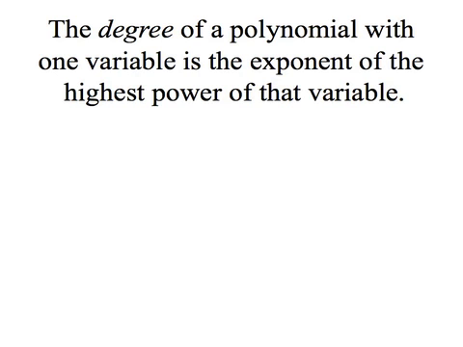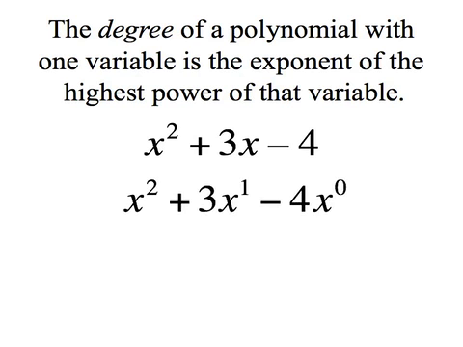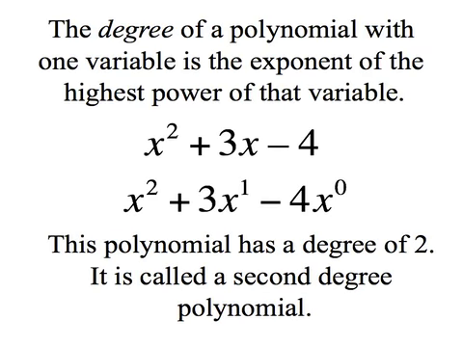The degree of a polynomial with one variable is the exponent of the highest power of that variable. So here's our polynomial that we already looked at, and we can rewrite it so that each term is multiplied by a power of x. And remember that x to the 0 is equal to 1, so 4 times 1 is still 4. And we're also allowed to say 3x to the first instead of just 3x. But the highest exponent is 2, so this polynomial has a degree of 2, and it is called a second-degree